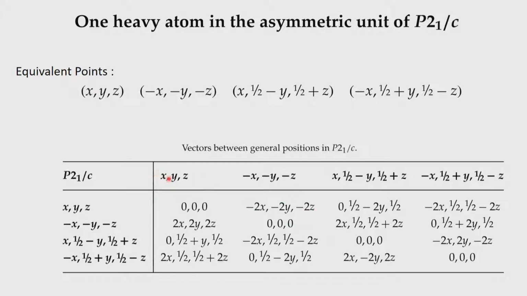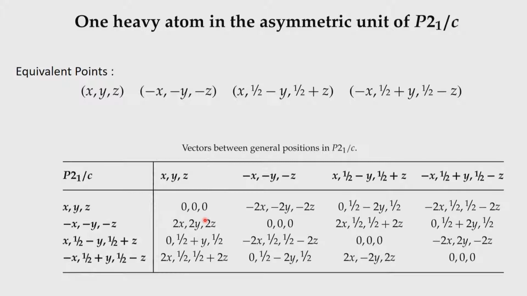You see that this position to this position, it is related by a center of symmetry. The corresponding vectors are also centrosymmetrically related. So, minus 2x minus 2y minus 2z will generate a 2x 2y 2z. So, these two are now centrosymmetrically related. So, we get solutions for x, y and z by examining the two components 2x 2y 2z and 2x 2y 2z minus of the 2 vectors. So, we look at this vector end and this vector end and see whether the peaks that are associated with this correspond to the product of the heavy atoms.